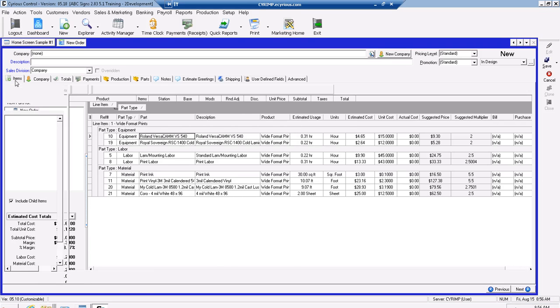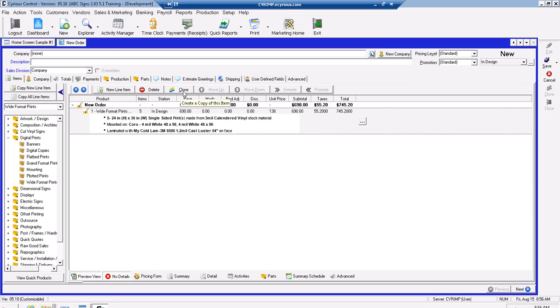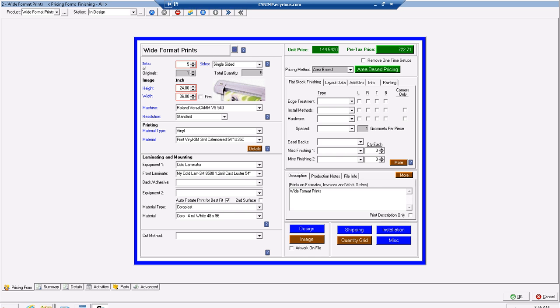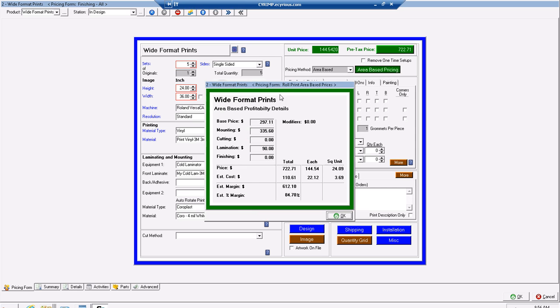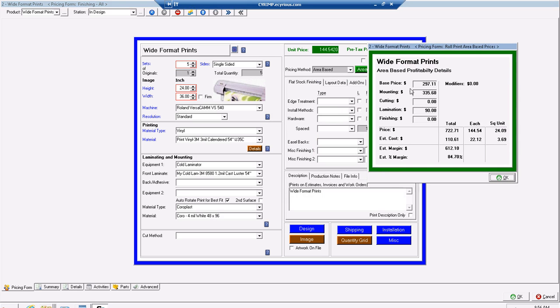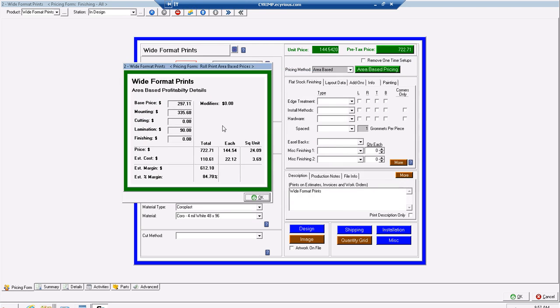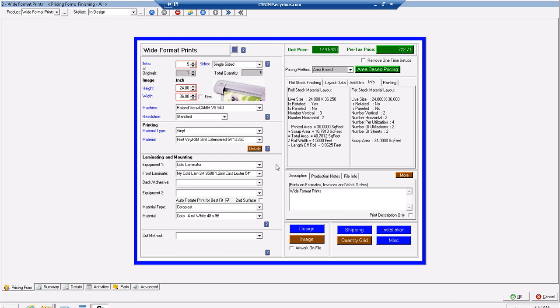All right, and the laminator doesn't much matter. In this scenario, let's pretend that we went through this exact same exercise, and then showed them the pricing on their base mounting and lamination. Now it's a much more complicated thing, because you have to explain to them in the info tab the price is being driven off of 30 square feet, but it's also being driven by